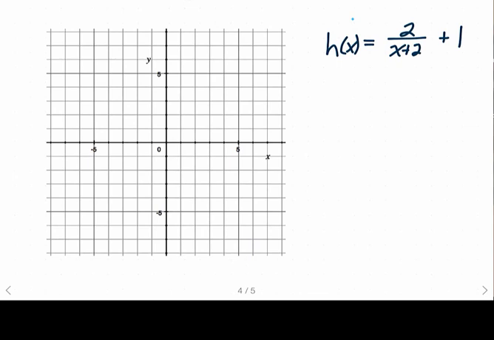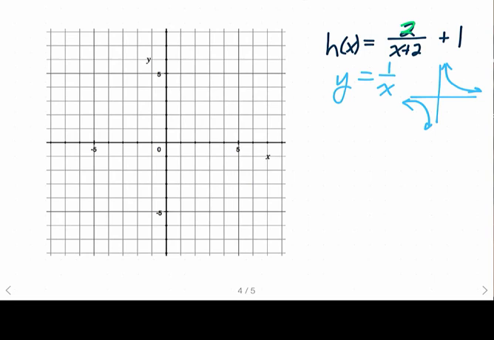Finally, for this page anyway, we've got the graph of h of x equals 2 over x plus 2, plus 1. Parent function. Maybe a little hard to see. The parent function is actually y equals 1 over x, which, as you may recall, is the reciprocal function and has a curvy branch in the first quadrant and a curvy branch in the third quadrant. That's the shape that I'm going for. The 2 in the numerator,